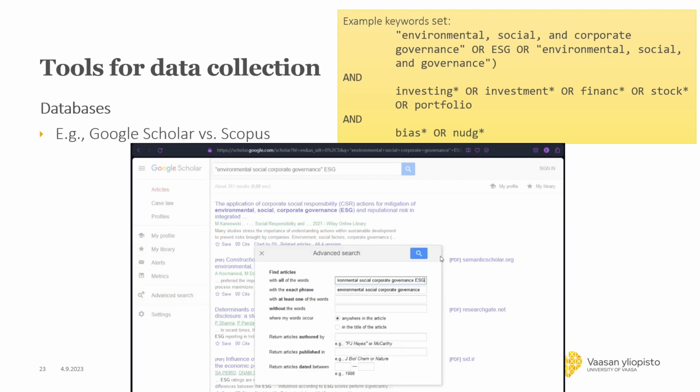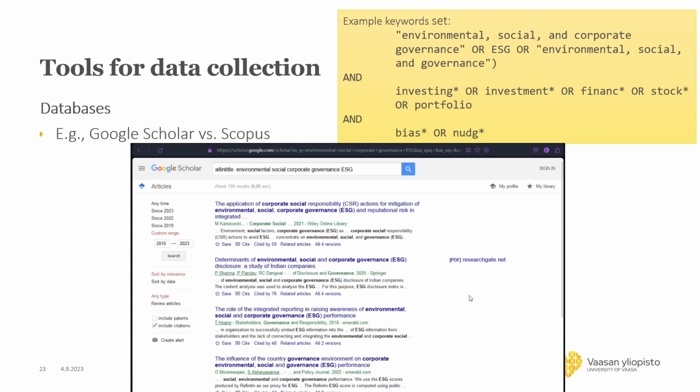The advanced search just provides some different tools for filtering, if you want to use the exact phrase or remove some of the articles. So that is very simple, I guess. It's a very well-known